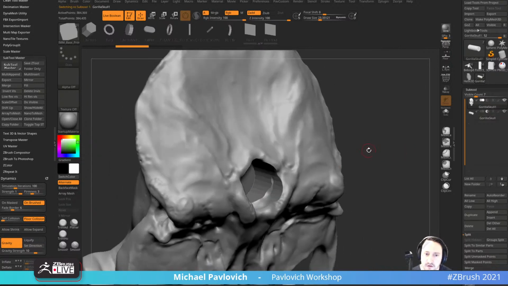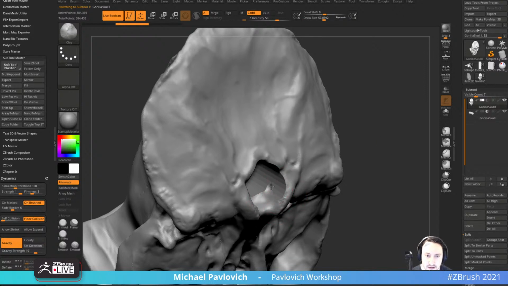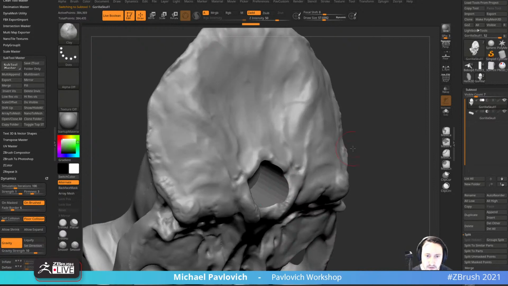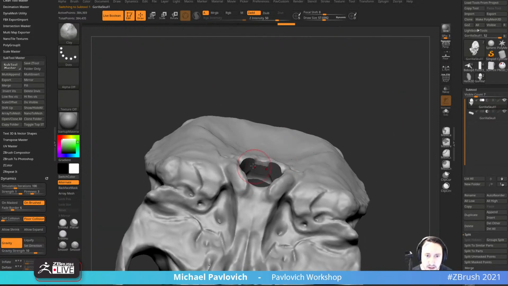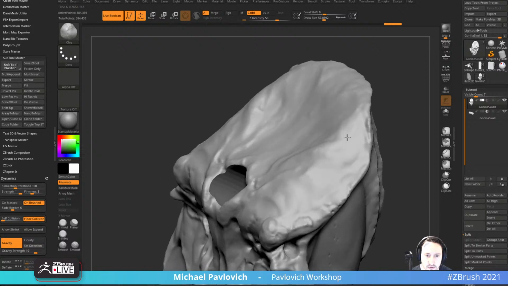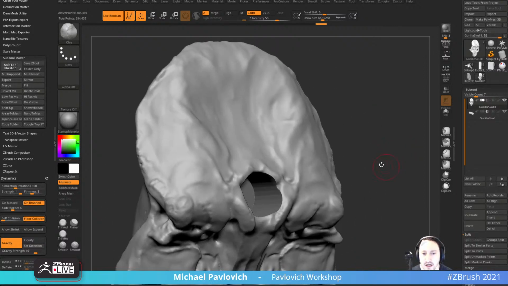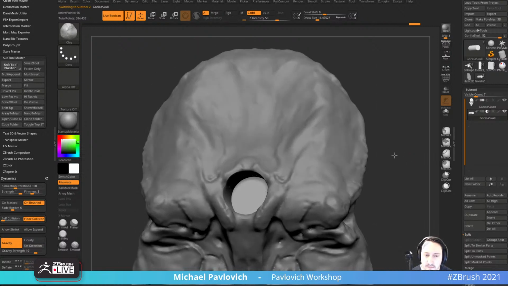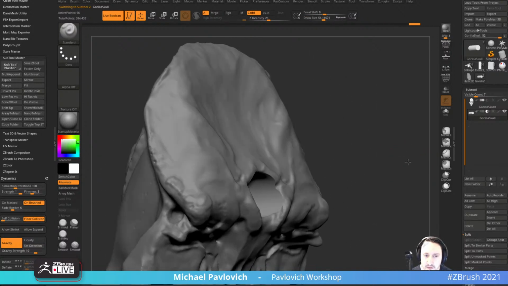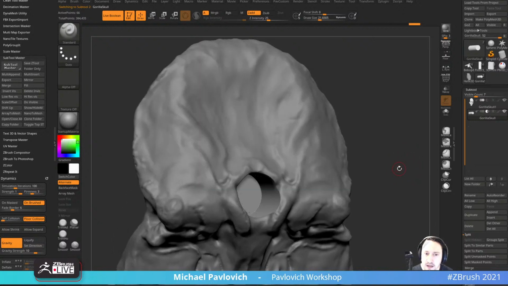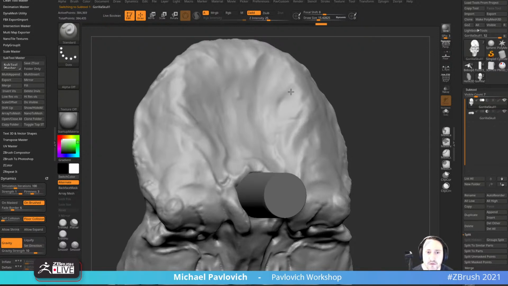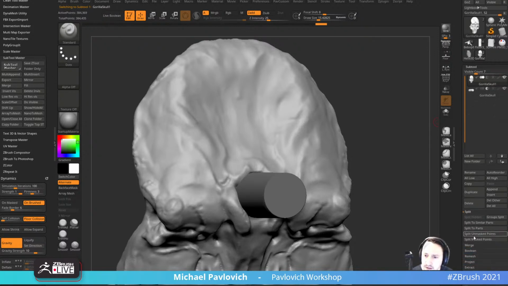Now at any point I can also go back to this gorilla skull, go back to our clay brush, and I can start, you know, building this in if I want to have just a nicer hole. So I can start sculpting while I have a Boolean there. So we can go ahead and clean this up. If I like this, or if we want to make this smoother, I can go through here. I can just do a crease dynamic, smooth that out a little bit, and I think we're good to go. So how we're going to do this is going to be subtractive mesh, and this has Dynamesh turned on. So if I go through here and I say merge down,